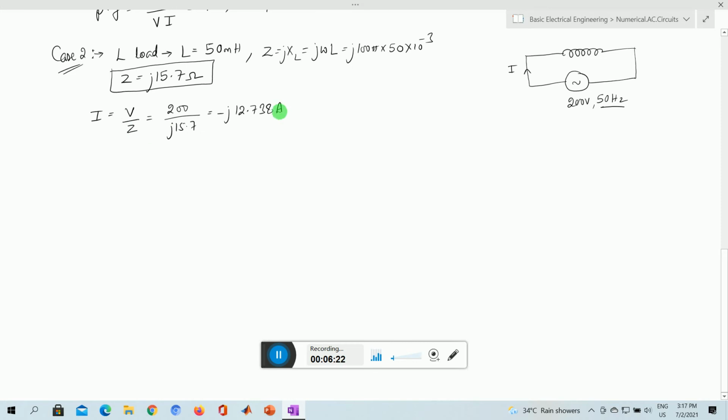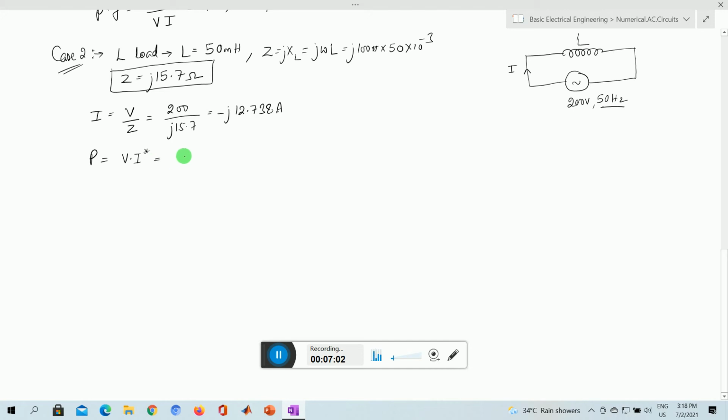So we get the value of the current. Now the power, usually we write the power as I square R, the power dissipated in the load. But here it is an inductor, so there is no resistor such that you would write I square R. It's a pure inductor. So in the case of a pure inductor, obviously the power dissipation will be 0, but still if you want to write the power formula, we can write VI star.